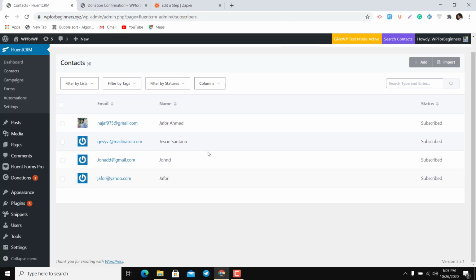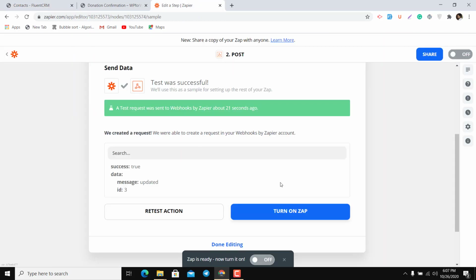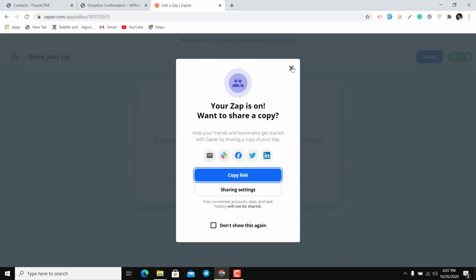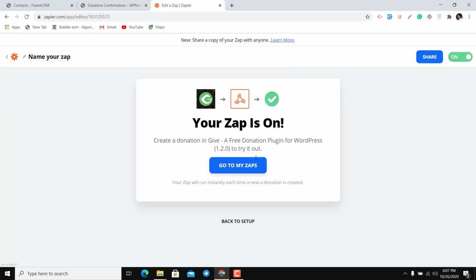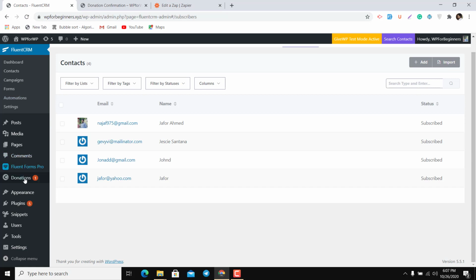It's not received, actually. So there's something wrong, might be. Actually, it's received. Here it is. So it's actually working. So we can now turn on the Zap. It will take a second or two. So the Zap is now turned on, and now any GiveWP form submission should be sent to our Fluent CRM plugin. So let's go back to the form